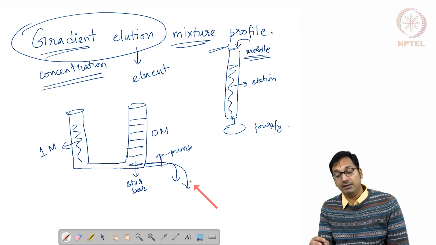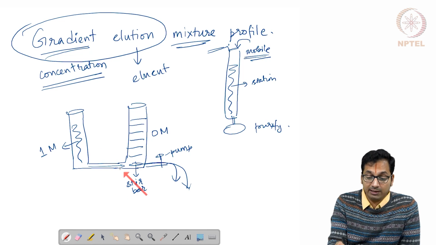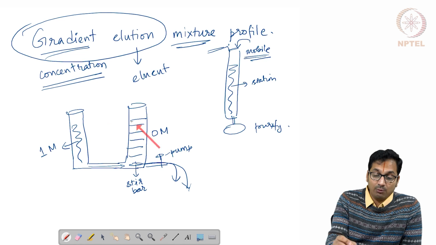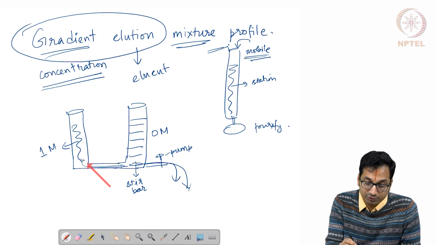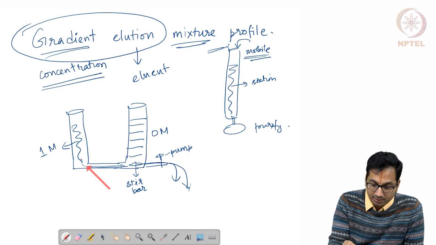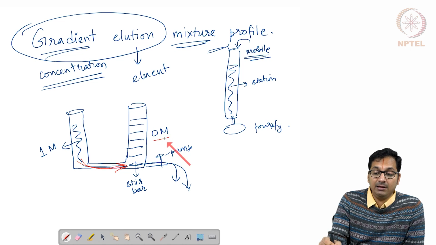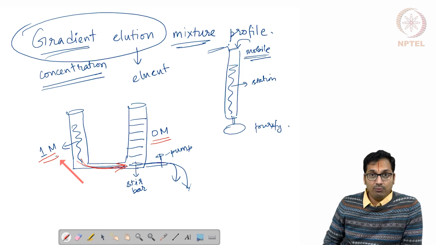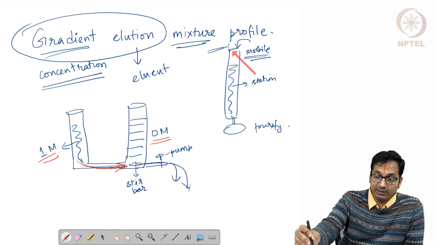So what will end up happening, since it's water and these two are connected by a tube which could exchange the liquids, as you keep removing liquid from here, as the volume across two of the tanks should remain same, there will be some that flows from here to here. There will be some that flows from here to here. So when that happens, what is going to end up happening? You are going to mix chemicals of two different concentrations. And what we are trying to do is to slowly ramp up the concentration of the eluent that goes into this